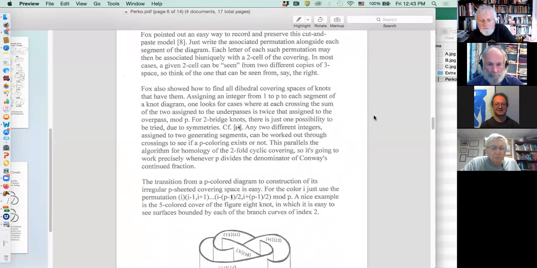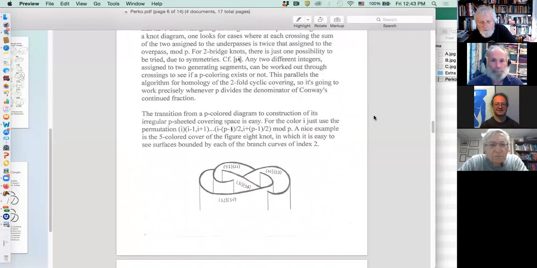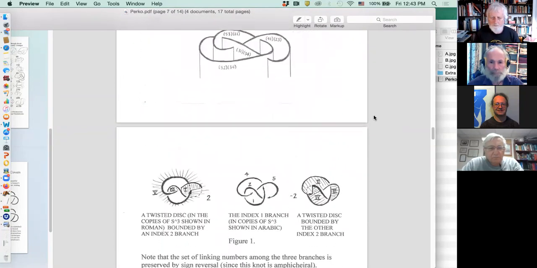The bottom of this page shows the 5-fold covering of, I guess it's the, what do you call that? The 4 knot, right? Figure 8. And that's the figure 8. And that shows how you glue together along the 2 cells to construct its dihedral covering, its irregular dihedral covering. And if you scroll a little bit more to pick up the top of the next page, this shows